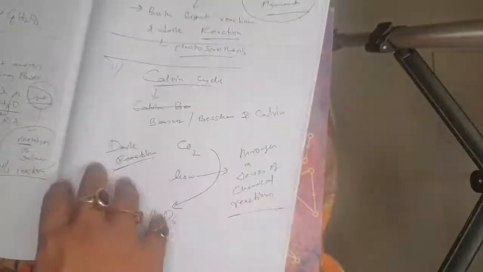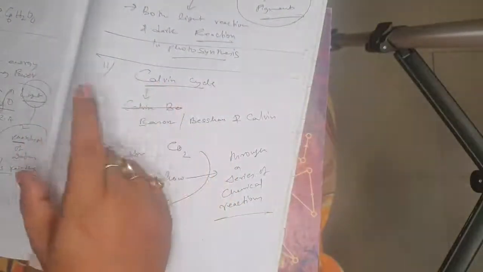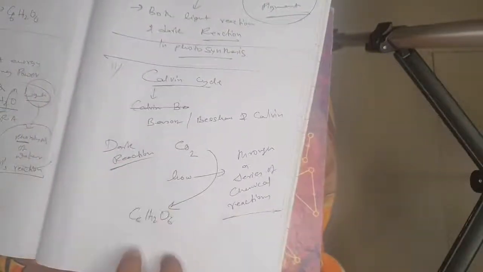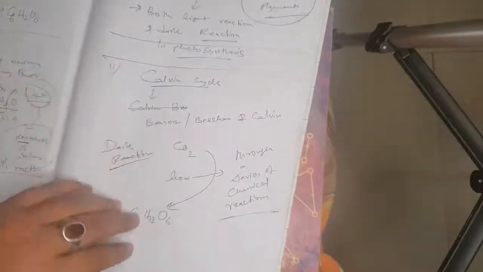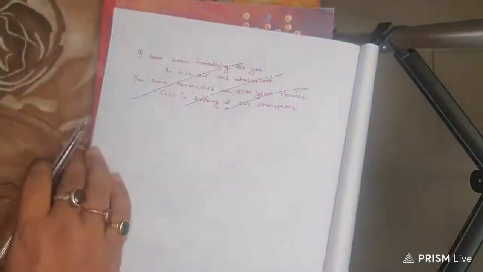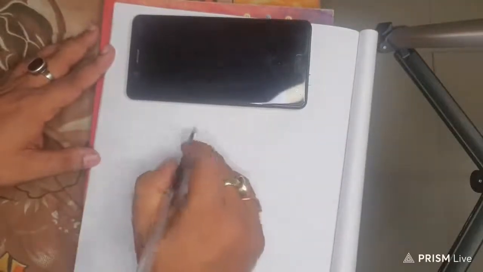Now Snehangshu asked a question: why is the name of Calvin only used for the cycle and not all the three scientists? The answer to your question is this. See Snehangshu, I'll tell you here. So this is some poetry I do sometimes, don't see. Okay, so Snehangshu, to answer your question,